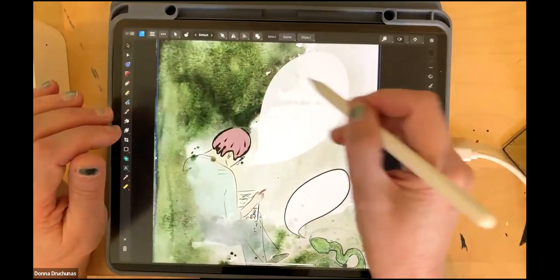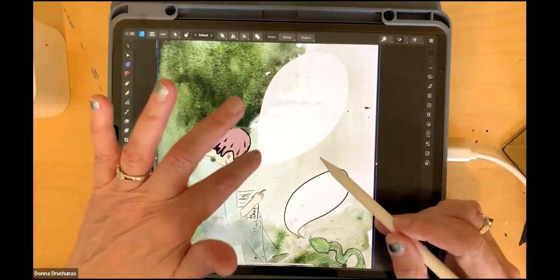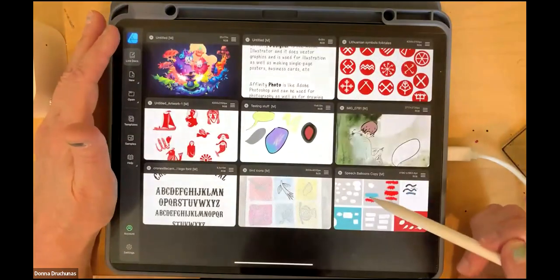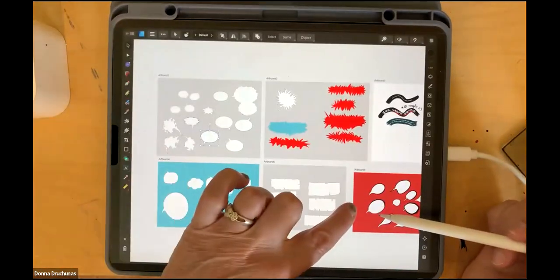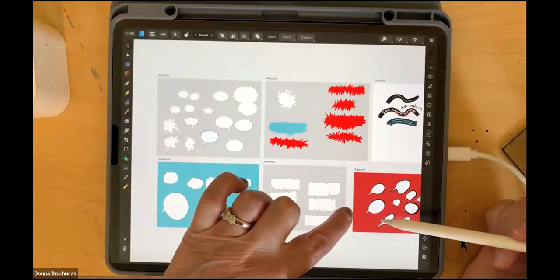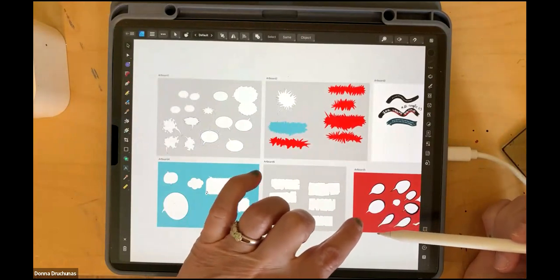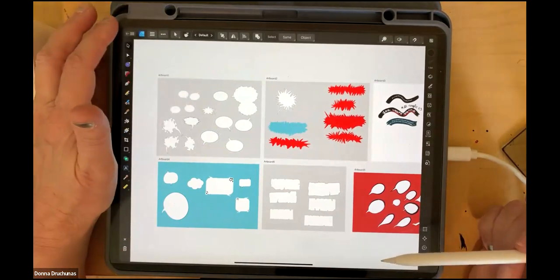But yeah, you have to know, and really, that's why I draw the speech balloons here and keep them in a library. So I'm going to put my speech balloon onto my comic in general and the text in Publisher. I've done most of my comics this way. You can do it all in Procreate, but